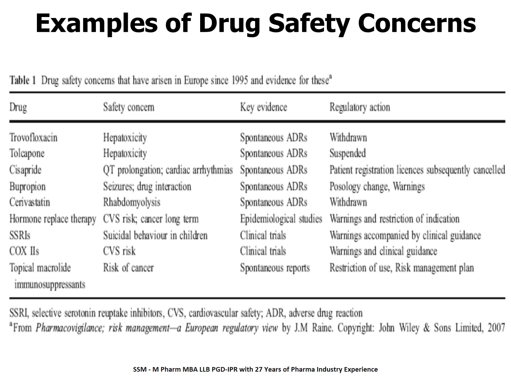Various examples of drug safety concerns: Trovafloxacin was withdrawn because of hepatotoxicity. Cerivastatin was withdrawn because of rhabdomyolysis. And many drugs, because of various safety or adverse event reports, led to a change in the label of the product, adding certain warnings, precautions, or contraindications because of various reports of adverse events.